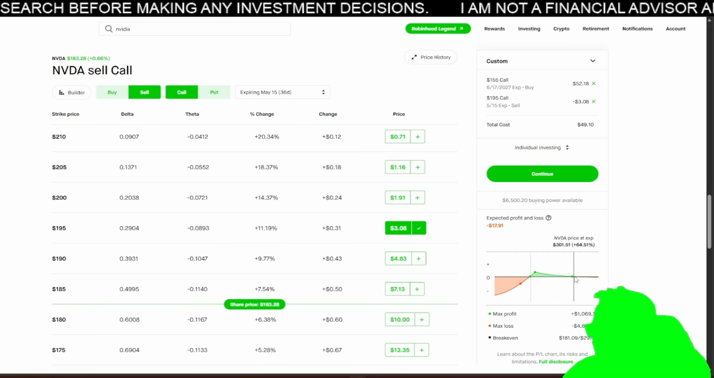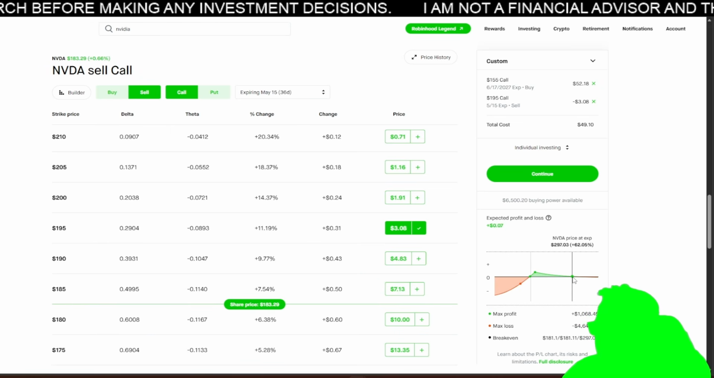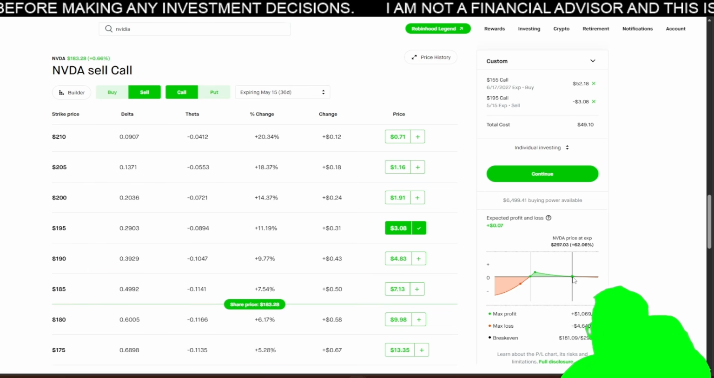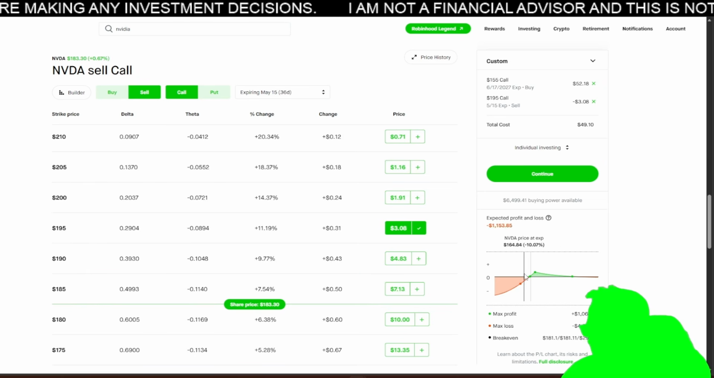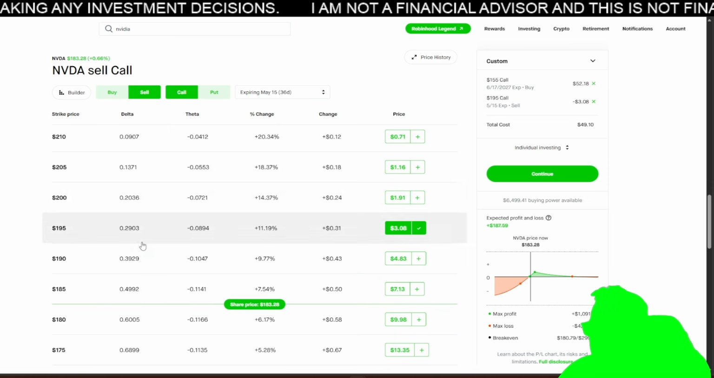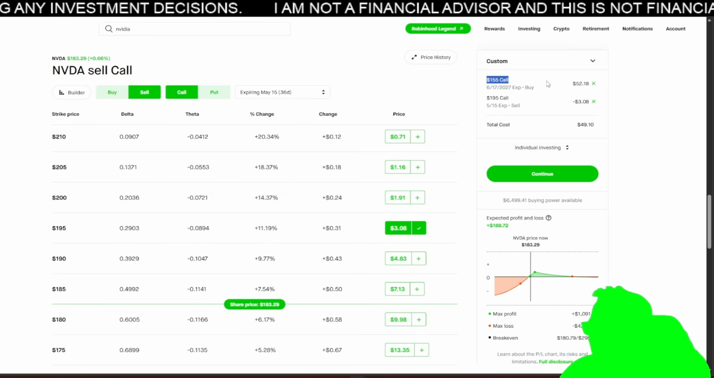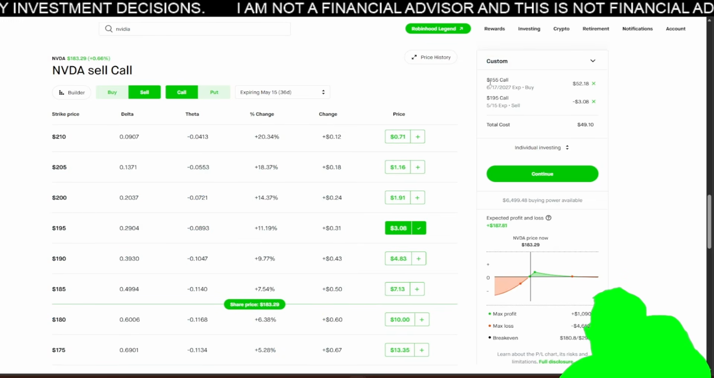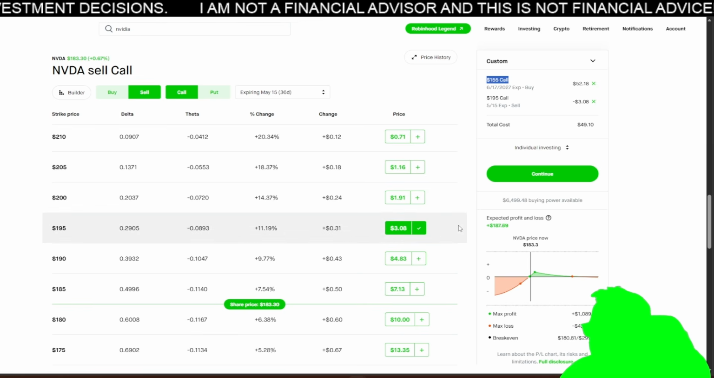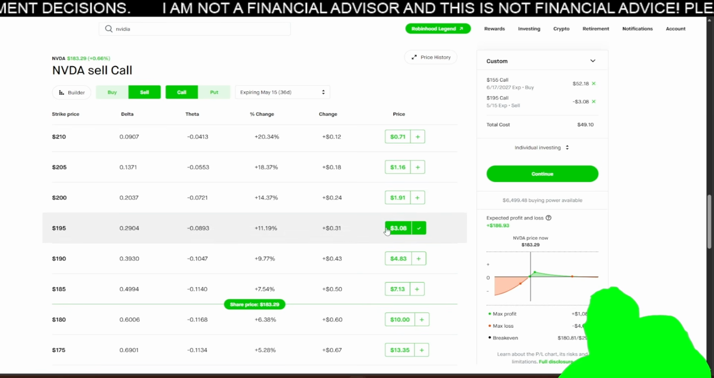Obviously, depending on what you pick, if NVIDIA goes to like 62% up to about $300, I would be basically break even, which again is a very, very good break even I would have. And again, the good thing is if NVIDIA doesn't go to 195, this leap option may have lost some value, but not nearly as much. And you collected $308 to either